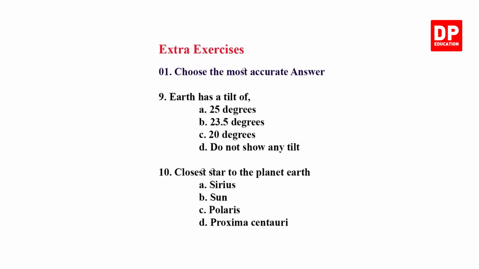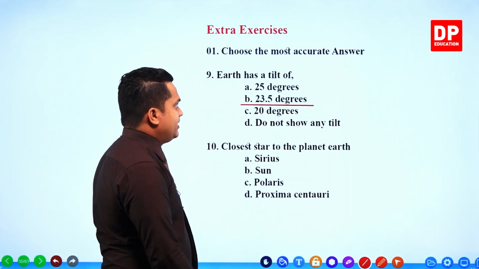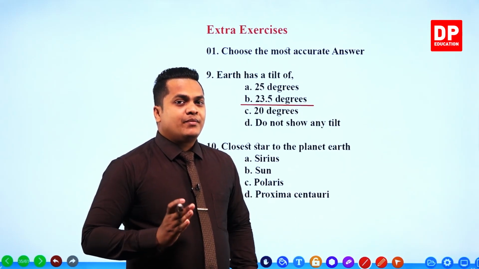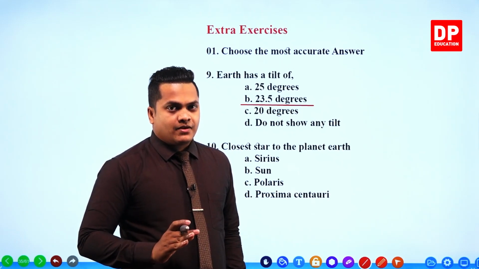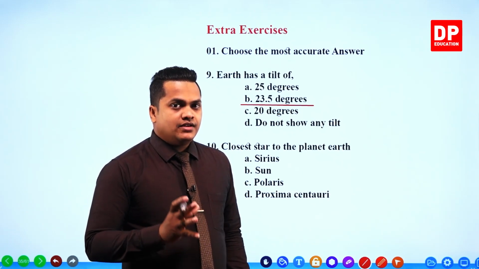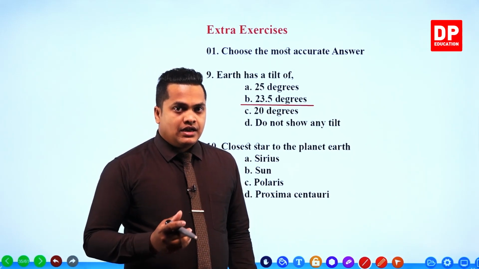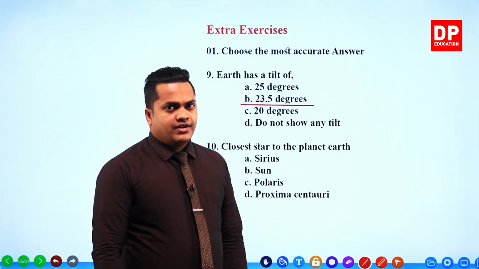Earth has a tilt of 23.5 degrees. Earth is showing a tilt of 23.5 degrees to its orbital plane. To the orbital plane, Earth is showing a 23.5 degree tilt, right? This is the reason